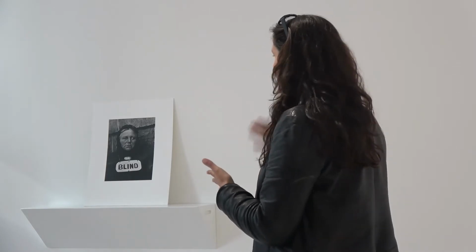So in early 19th century photography, you couldn't move. You were kind of set up on a chair. You had something behind you so that you could rest your head. You couldn't smile because you couldn't hold the smile. It took too long. So photography completely changed as cameras evolved, and Strand actually added a prism to his camera so that he was able to take photographs on the street without people realizing. Obviously, with the blind woman, he didn't need to be so discreet, but he was, and that carries over to,